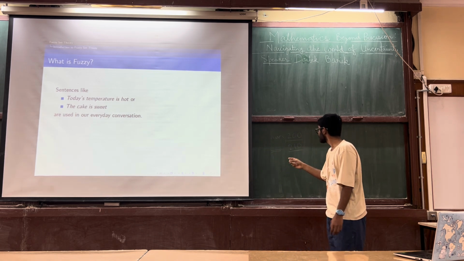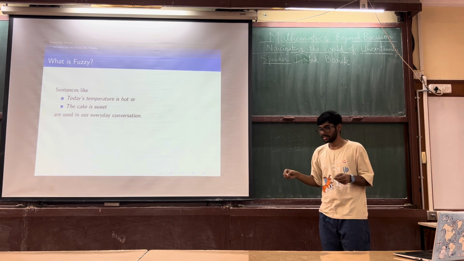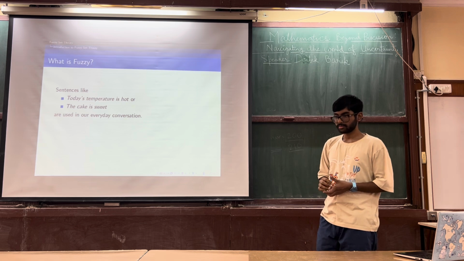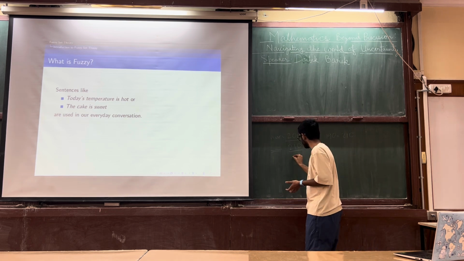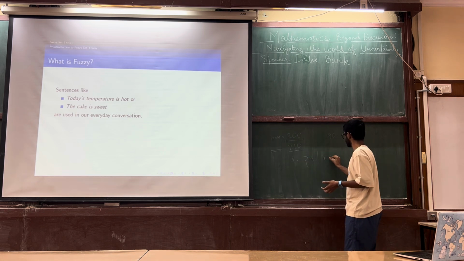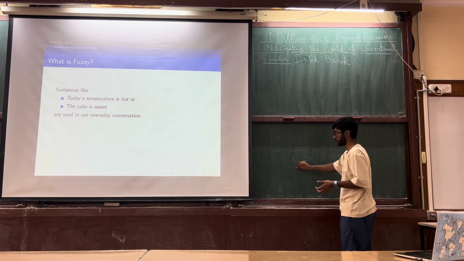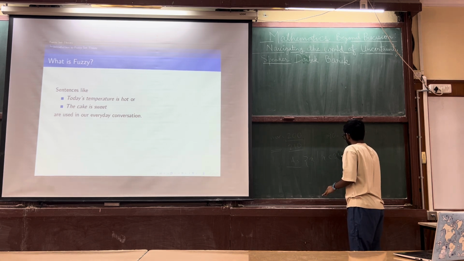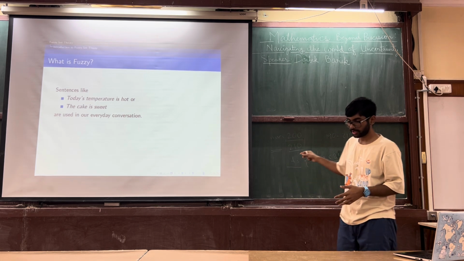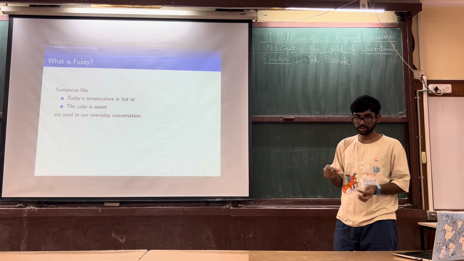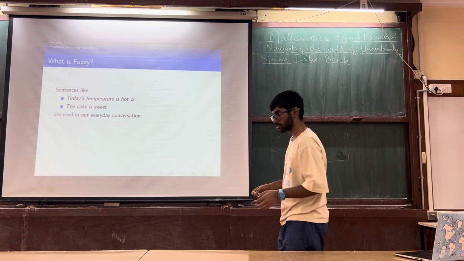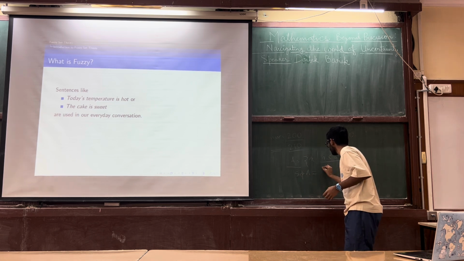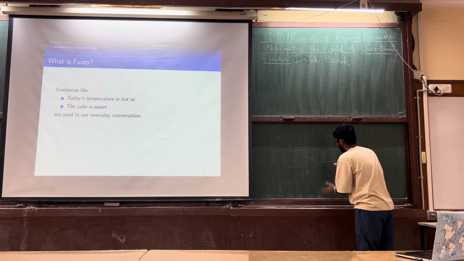So to see clearly, our maximum wasn't 200, it was in a neighborhood of 200. Say it was from 190 to 210, or maybe 185 to 215. In this case, if we define the set A, where A is x less than 200, this was what our defined set was for the budget. But then we made it such that x was less than 210, right? Or if you define it more rigorously, the supremum of x was equal to 200, and the supremum now lies in 190 to 210. So if we take the membership function, like the supremum of A, this becomes a set which has its values from